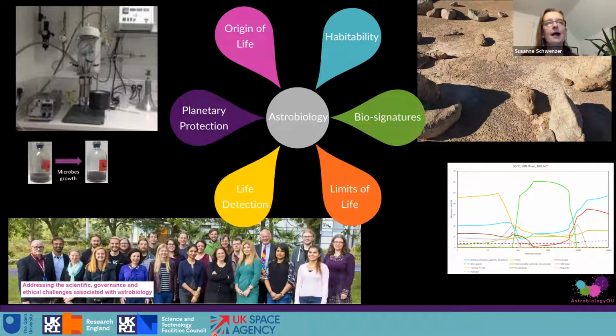And so what we have in our group is mostly the geology, for example, habitability, biosignatures, the microbiology, limits of life, life detection. We are also looking at origin of life, but we don't stop there. We go a step further and we expand our research into things such as governance, planetary protection here, but also